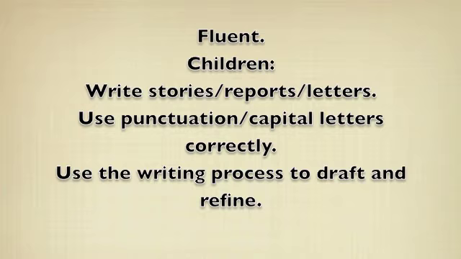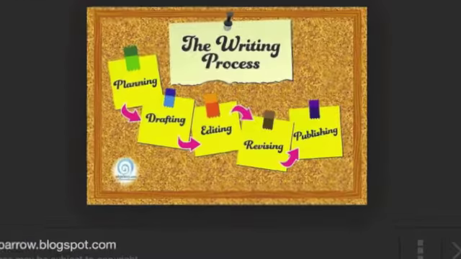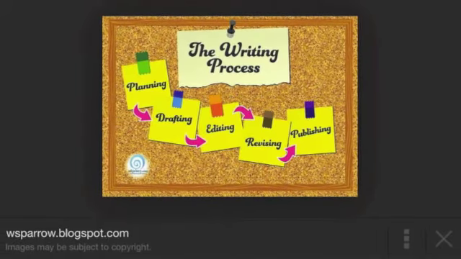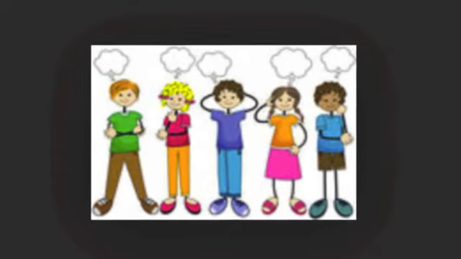Fluent is the final stage in the writing development. At this stage, children are able to use the writing process to write drafts. Observing children and keeping records will assist an educator in determining what stage a student is in and what areas they require assistance. Furthermore, Tompkins suggests the writing process occurs in 5 stages and describes what students think and do